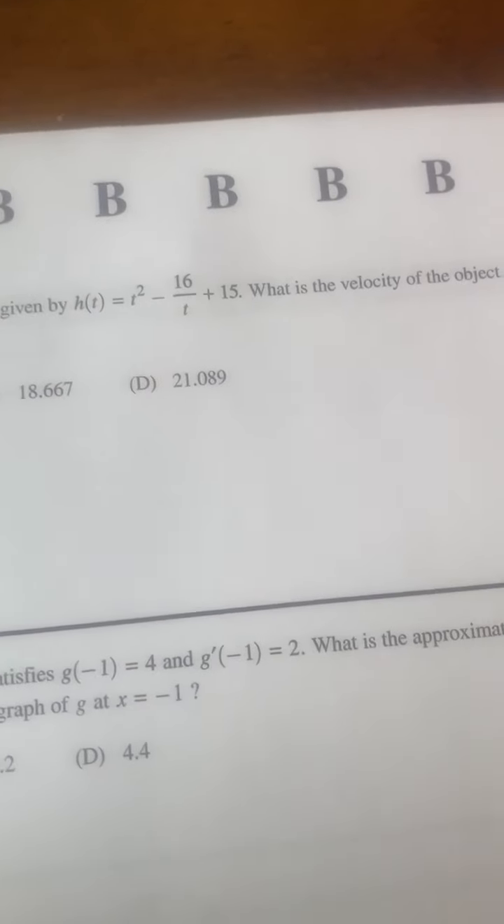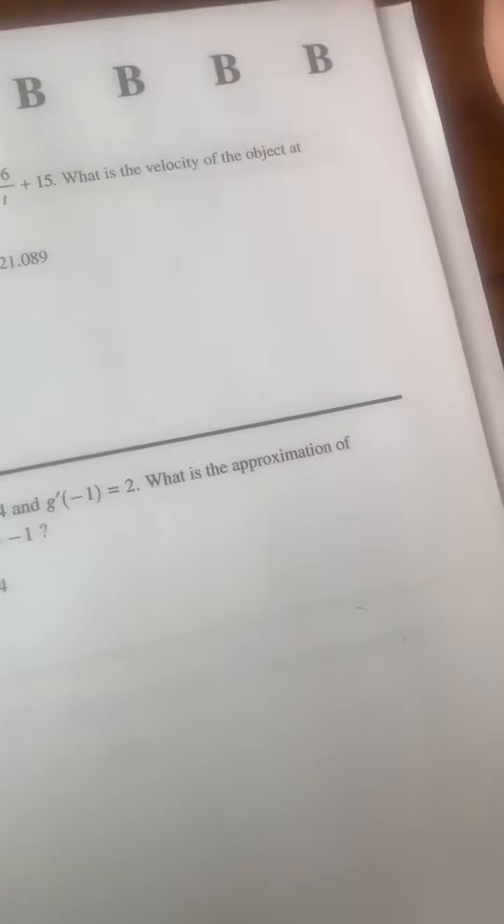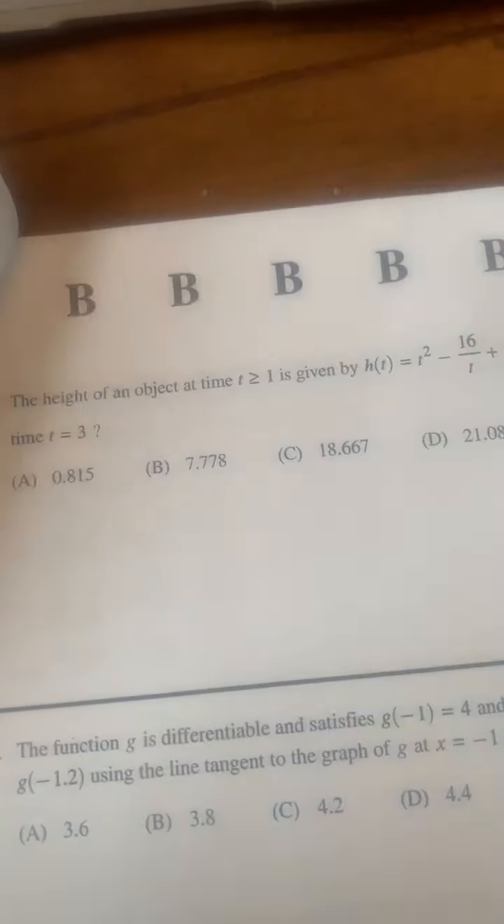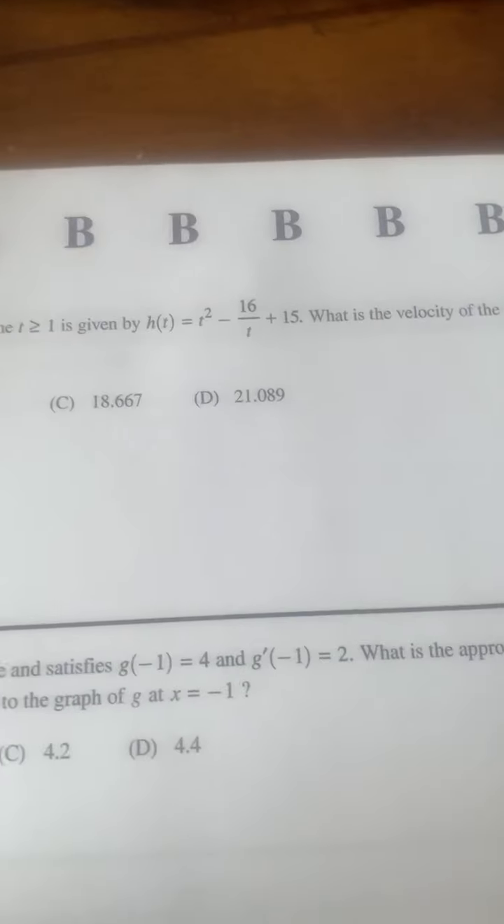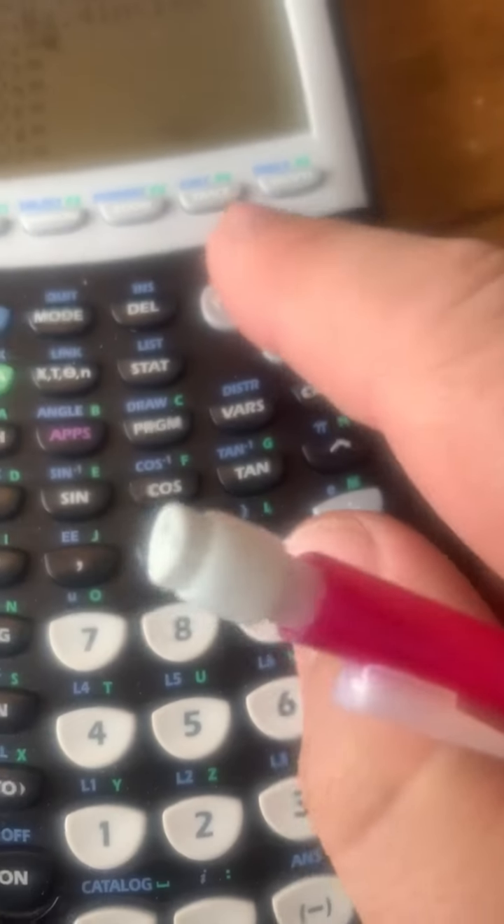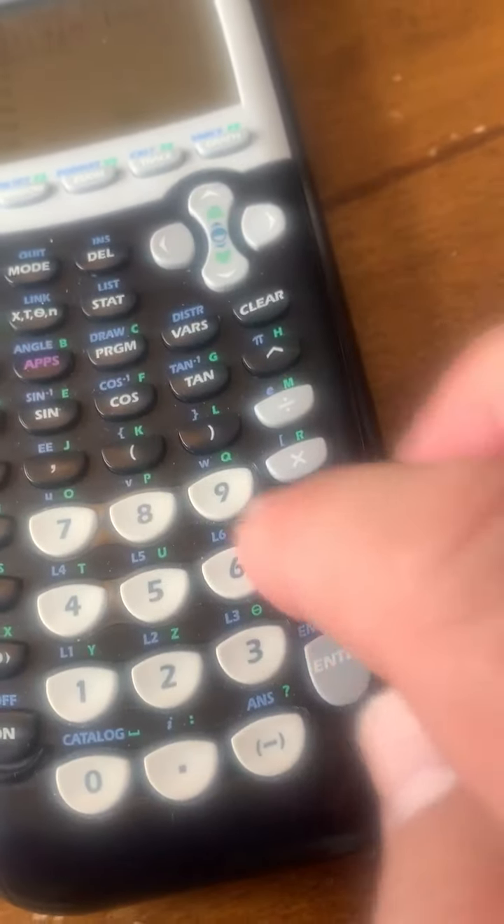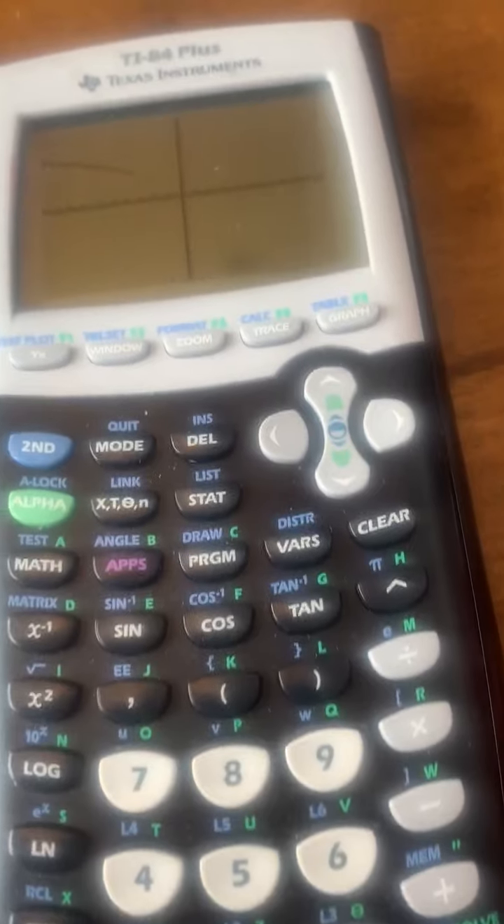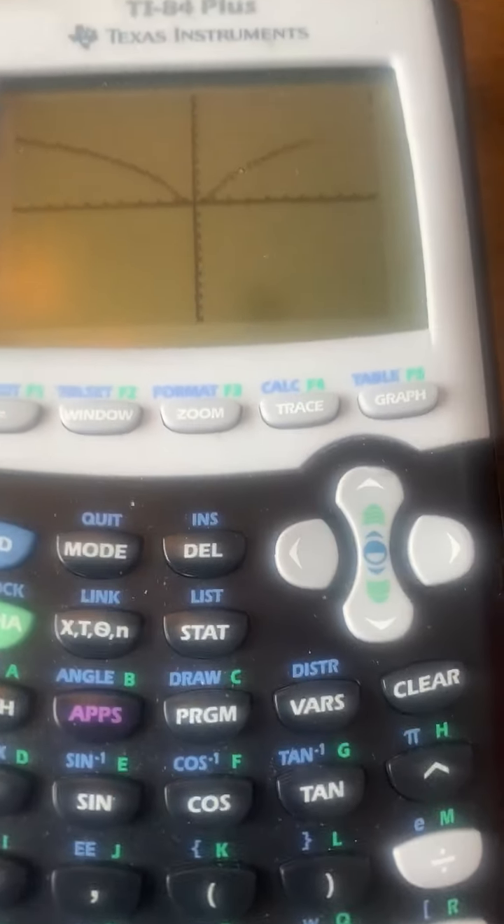Says the height of an object is given right here. What is the velocity at t equals 3? Now you can take the derivative, but you don't have to. You can go to your calculator and plug this function in. So we get x squared minus 16 divided by x plus 15. We'll go to a normal viewing window. And if we're interested in the velocity at time 3, then we're interested in,